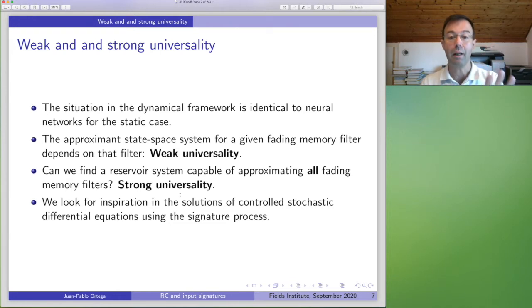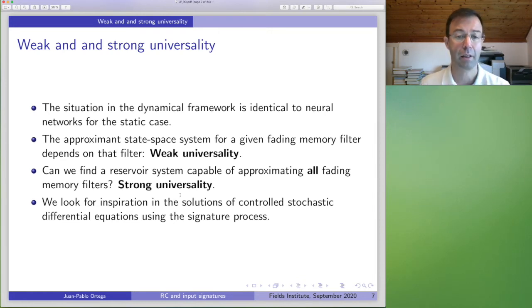And then a linear readout of this process is actually giving you the input-output relation between the input noise and the solution of the control SDE. Okay, so this already happens in some situations which are actually very close to what we are doing. So here is where the inspiration came from, and that's why what you are going to see, the construction that I'm going to show to you,